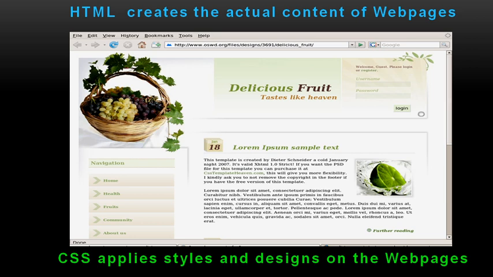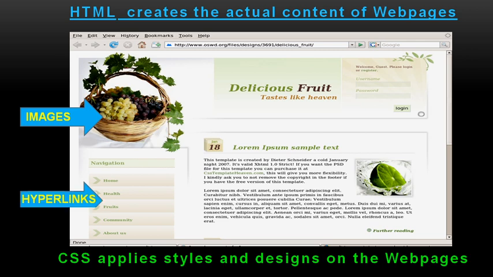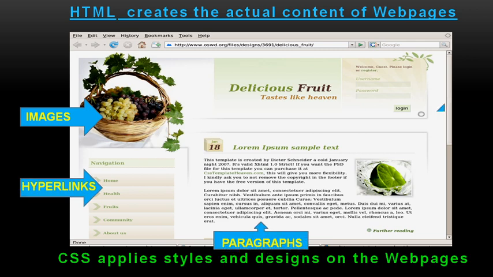Students, we already know that HTML is used to create the content of the web pages. That means using HTML we can add different elements to the web pages like images, hyperlinks, paragraphs, forms, audio, video, table, lists and many more.